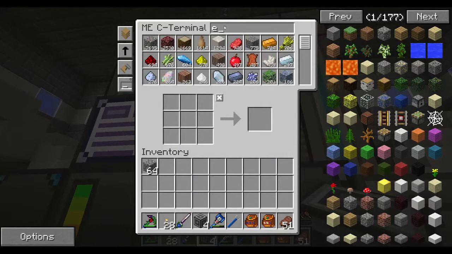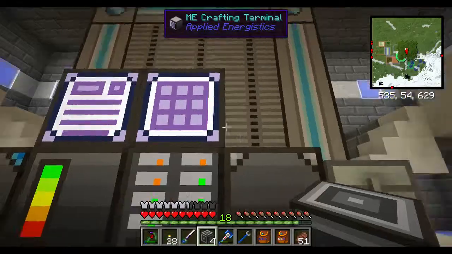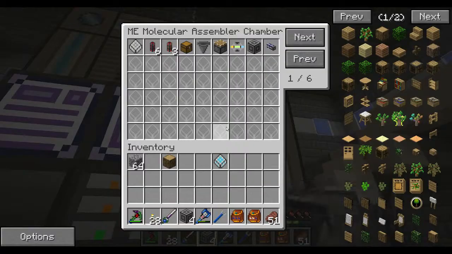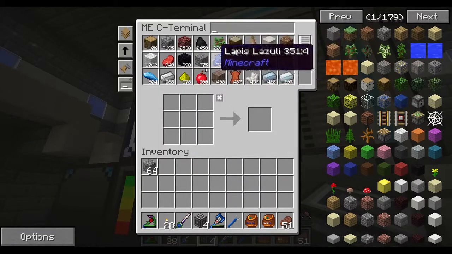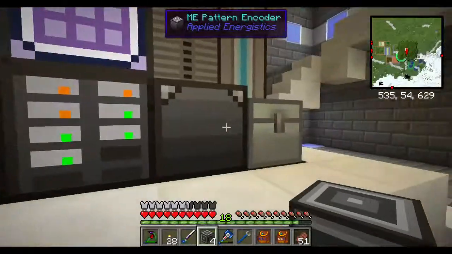We should probably also go, oak wood can make oak planks. Look at that, we already have 10,000 oak wood. Oh, I'm getting way too much of this. You can put vanilla patterns in here, which is usually a good idea. Make sure it knows how to make wood. That's good. Let's see. The sticky piston, right? So let's do